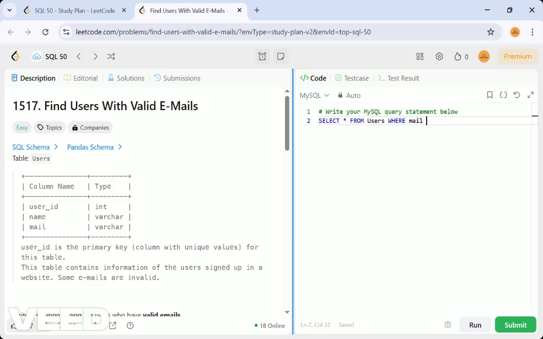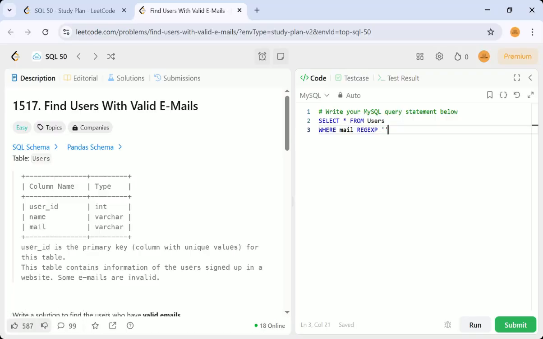To check it with a regex condition, we can simply use REGEXP and mention that expression, so it will satisfy that. Then only that particular data will get printed.